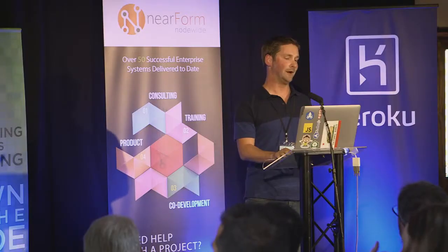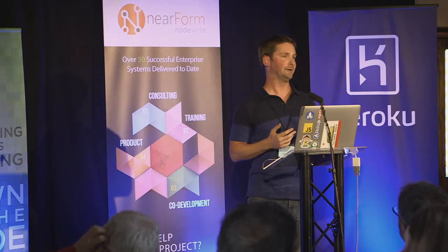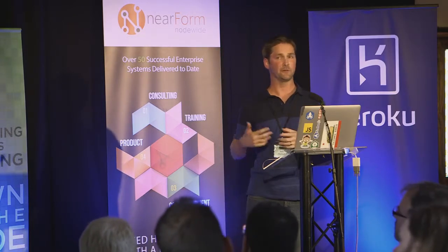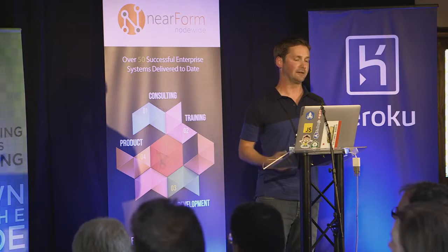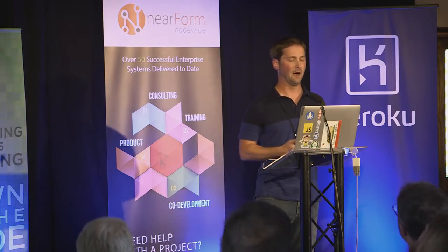At the same time, understand that if you're basing your app on promises and all of your various code that you're depending upon is now in promises, if other people then want to use that code, it makes for a little bit of a hairy scenario if they're not following that model too. And so, modules should expose callback interfaces at a minimum, let's say. And this is something we've been doing for the most part. All of our infrastructure code, all of our actual core code is running that way. Teams can then opt to use promises if they want to from there, but we're not trying to force that